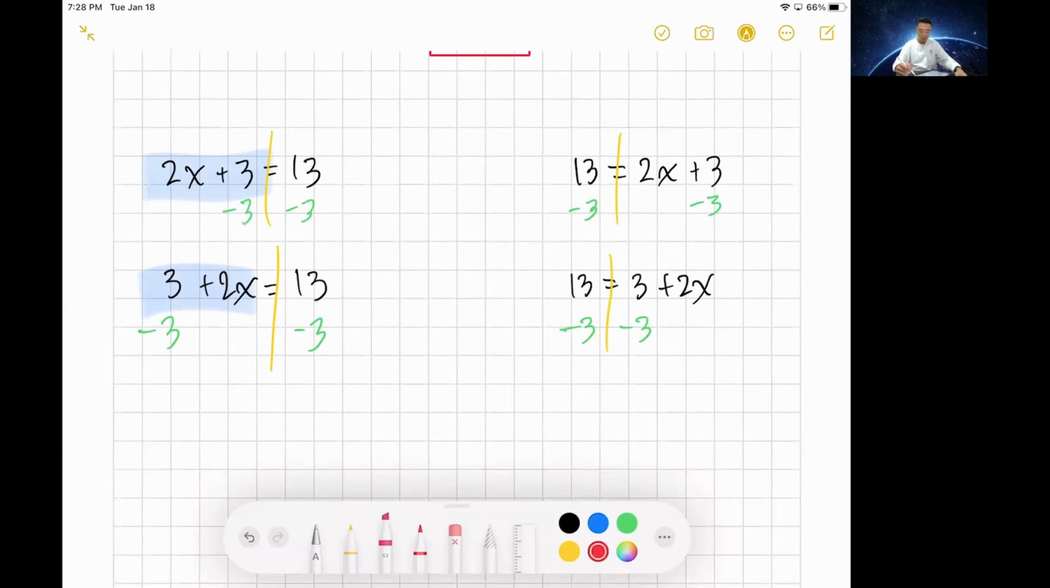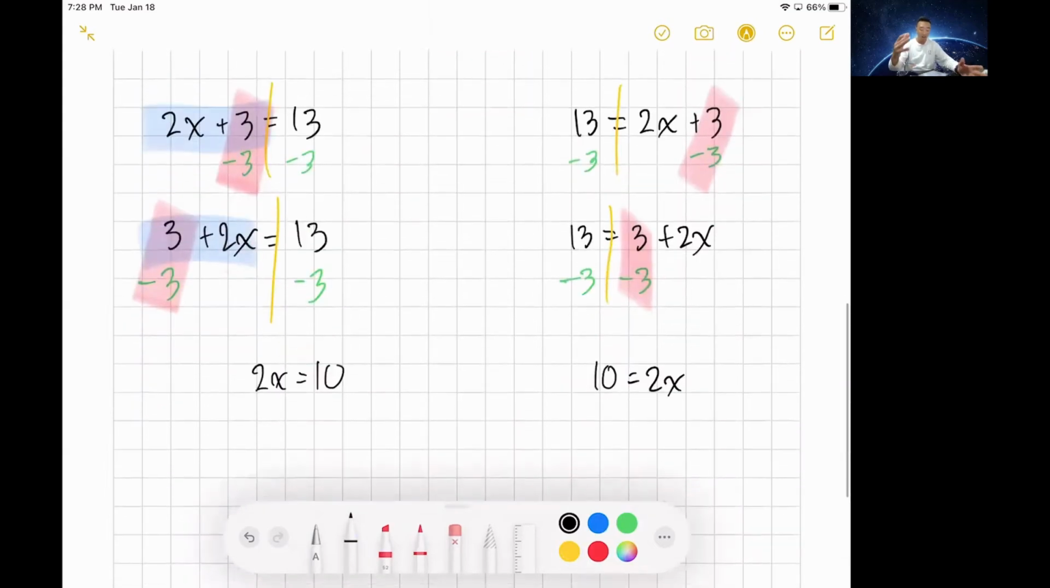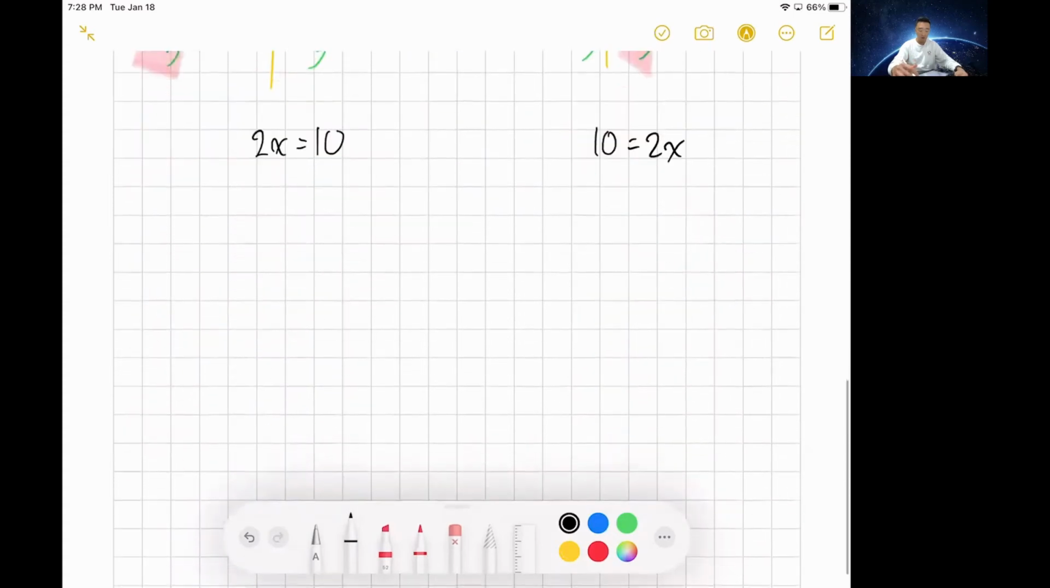Okay, so in all these situations, we cancel out that 3 first because that's adding and subtracting. And then in all of these, after you're done, you're left with 2x equals 10, or 10 equals 2x, which is the same thing again, just written differently. Your eyes have to get really used to seeing the same exact problem in different ways, okay? So let's go ahead and try